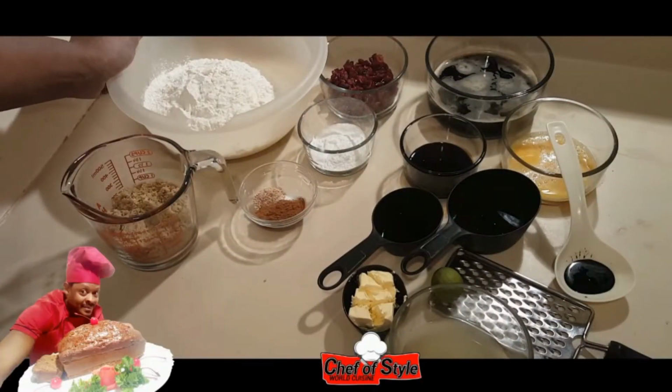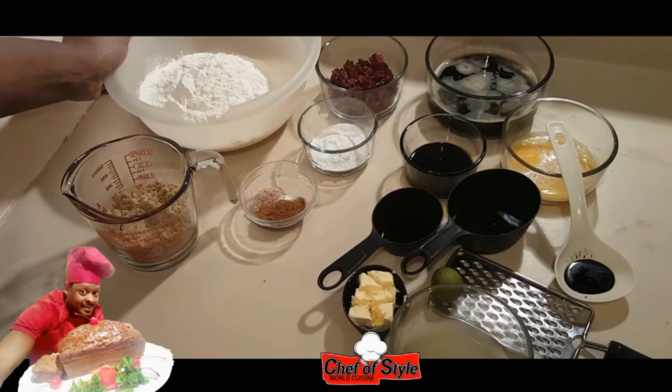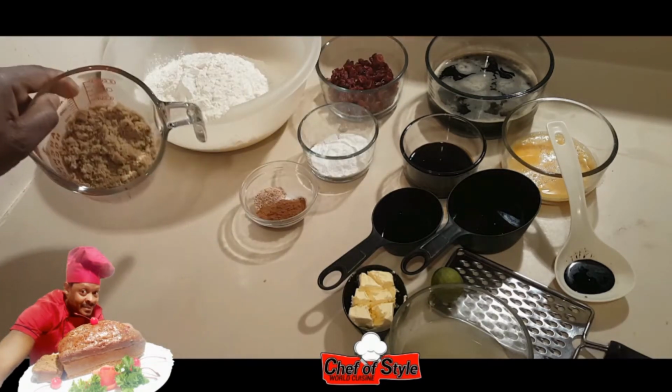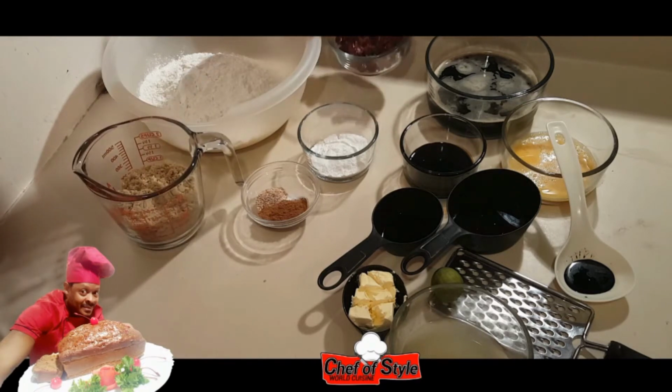Today I am going to teach you how to make Jamaican spicy bun. Stay tuned. 3 cups of sifted all-purpose flour, 2 teaspoons of baking powder, 1 cup of brown sugar, half cup of